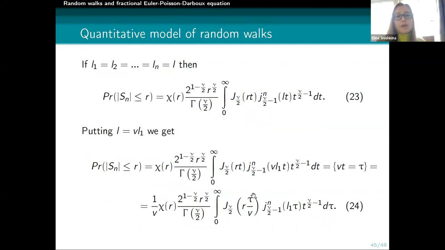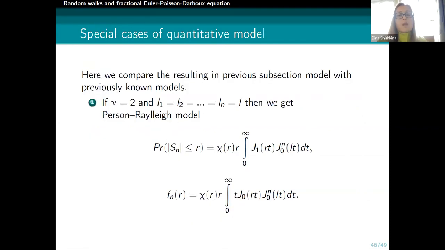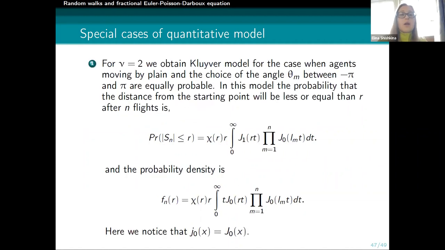So here we can put the length of each jump equal to L, and we obtain just the power of the normalized Bessel function. Next, if we do a very simple change of variables, we obtain that V is the speed of moving of our agents. It is very simple. And if nu is equal to 2, we obtain